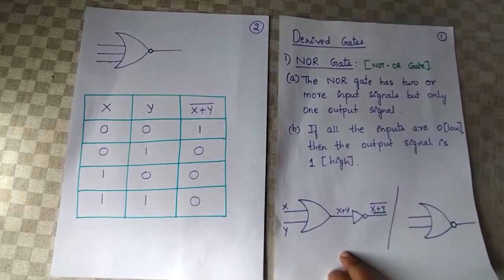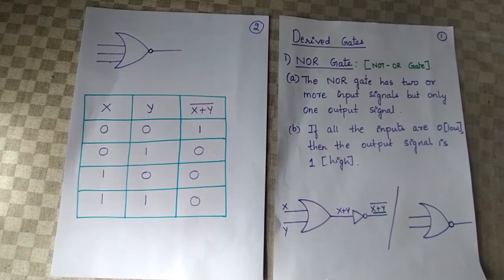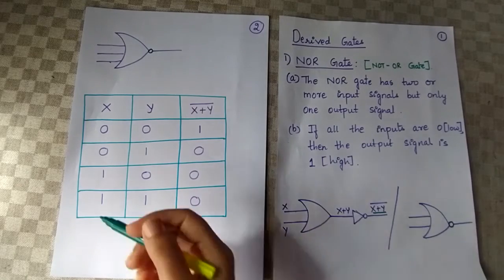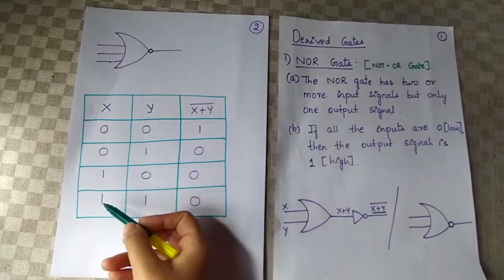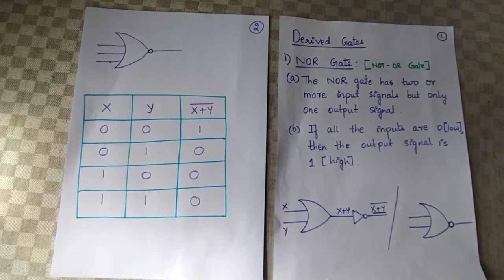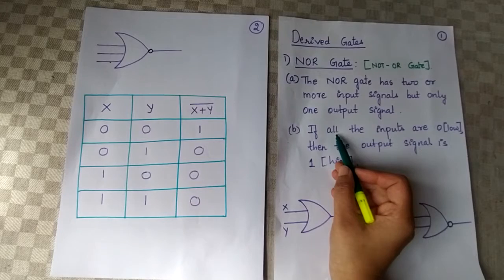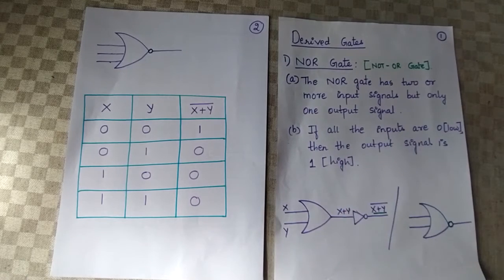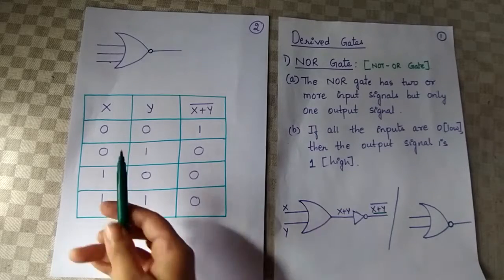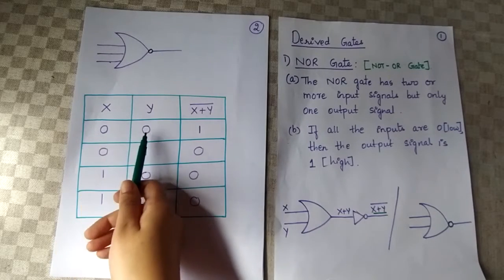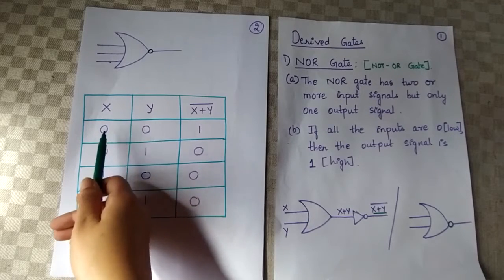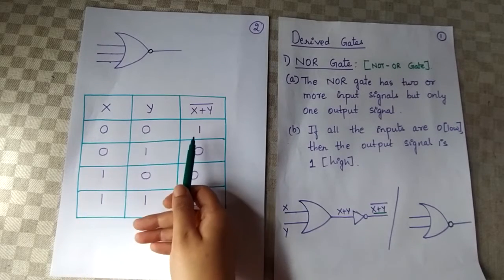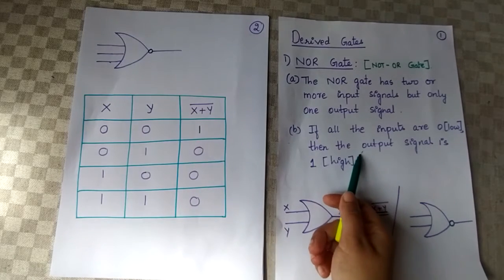Let's take the example of the truth table for two variables. When I am taking two variables, then we should get 4 combinations of values. So it's shown here: 0, 0, 0, 1, 1, 0, 1, 1. And how exactly is the output generated for NOR gate? As we see in the second point, only if all the inputs are 0 will we get the output signal as 1. Otherwise it is all zeros only. So let's start with the example. First combination, you take 0, 0. Here there are two inputs and both the inputs are zeros. That is why it produces the result as 1, which matches this statement.